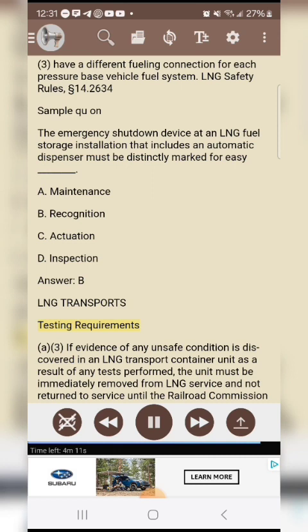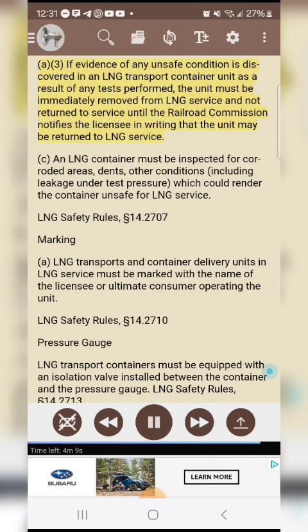LNG transports. Testing requirements. 3. If evidence of any unsafe condition is discovered in an LNG transport container unit as a result of any tests performed, the unit must be immediately removed from LNG service and not returned to service until the Railroad Commission notifies the licensee in writing that the unit may be returned to LNG service. An LNG container must be inspected for corroded areas, dents, other conditions including leakage under test pressure, which could render the container unsafe for LNG service. LNG Safety Rules, Section